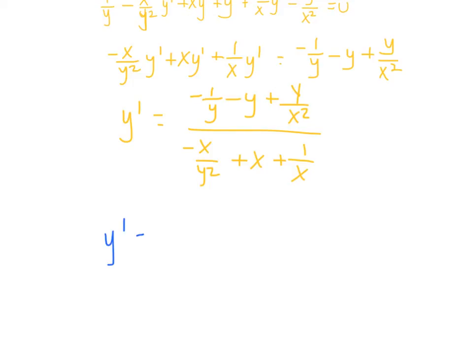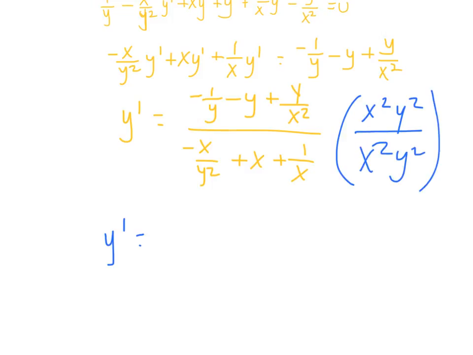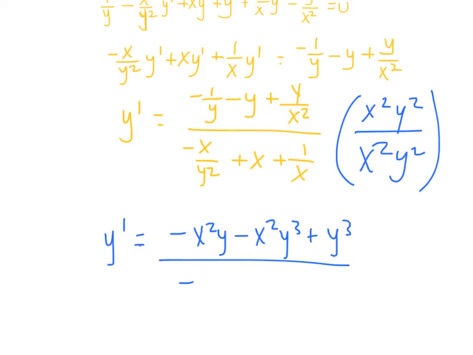So if I multiply everything on top and bottom by x squared, y squared, then that's going to give me negative x squared y minus x squared y cubed plus y cubed over negative x cubed plus x cubed y squared plus